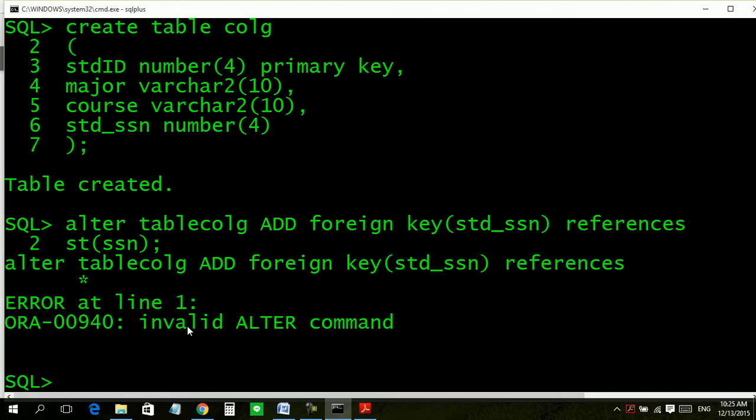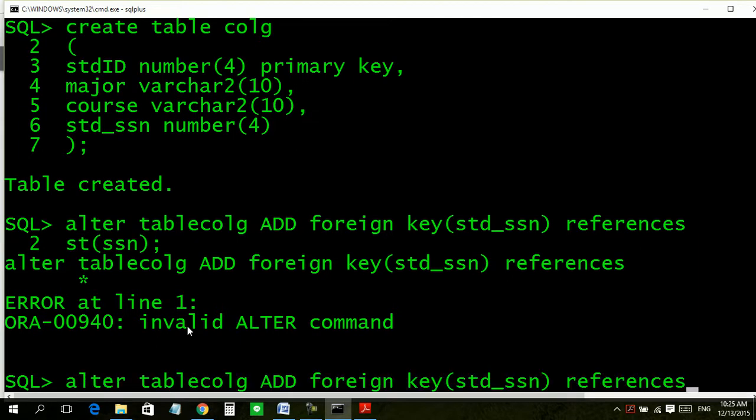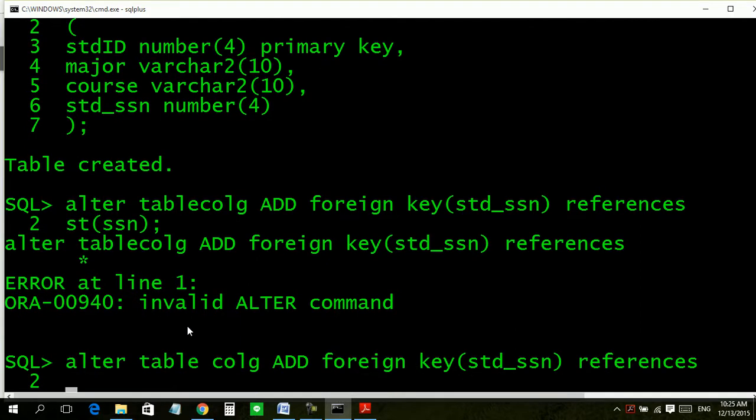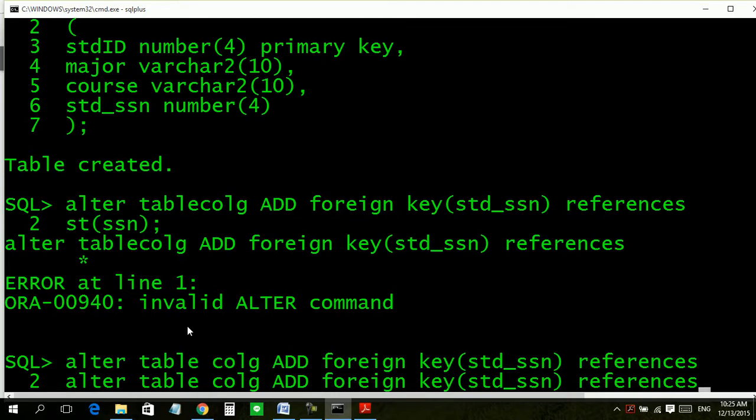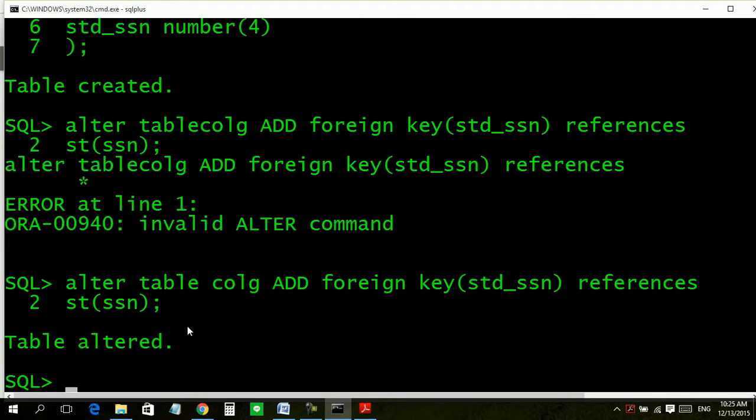Bismillah. I have written it without any space. Yes, we got it. Look, correct.